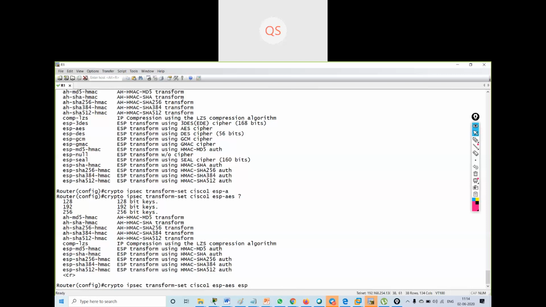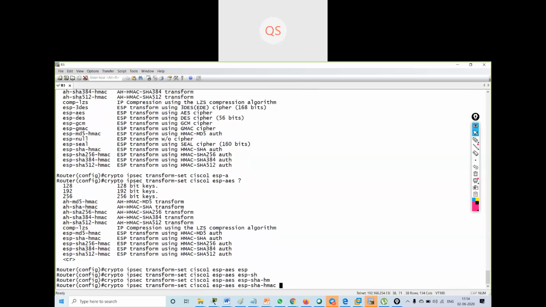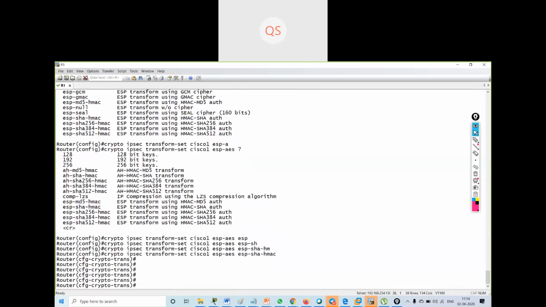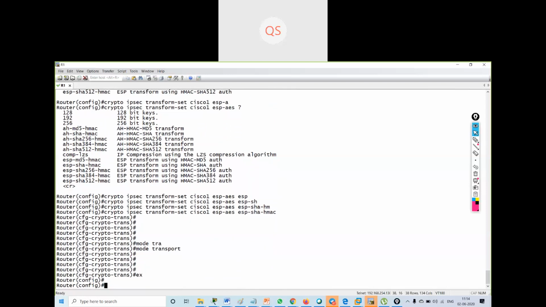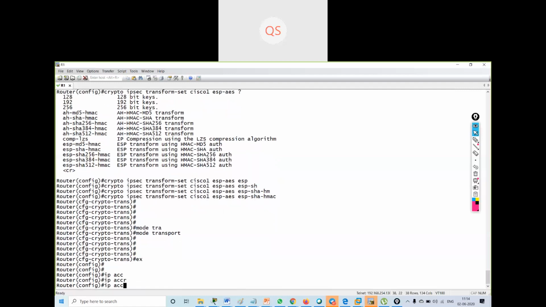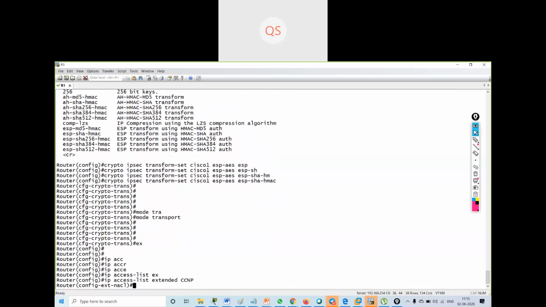I'll be using ESP SHA HMAC, ESP transform using HMAC authentication. Then I will select the mode as transport, exit. Then I'll create the access list, IP access list extended CCNP.